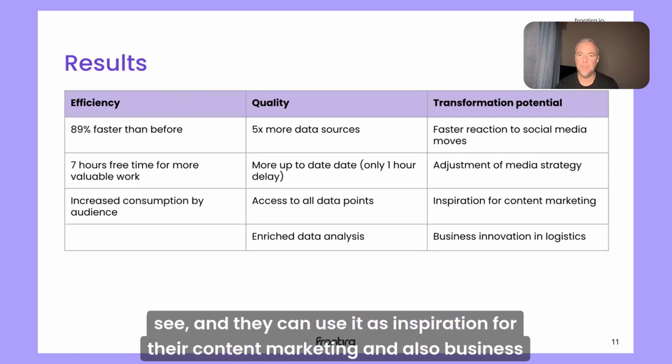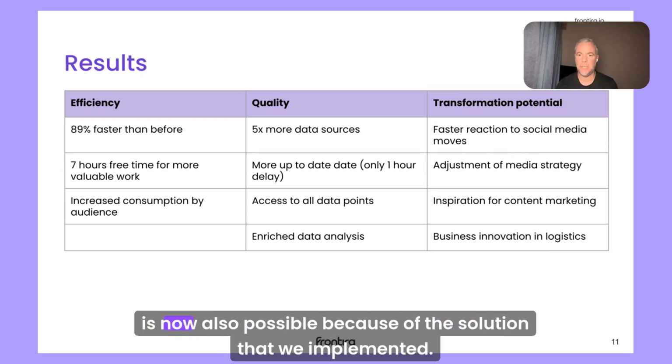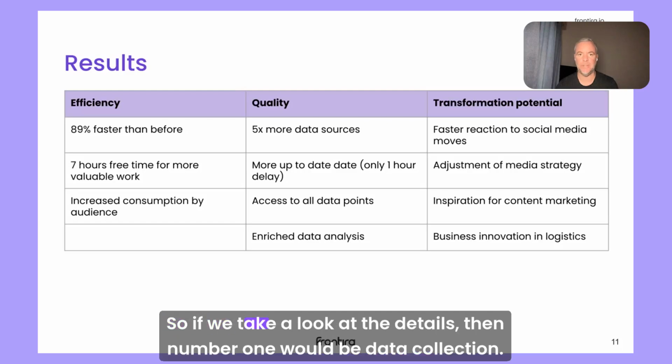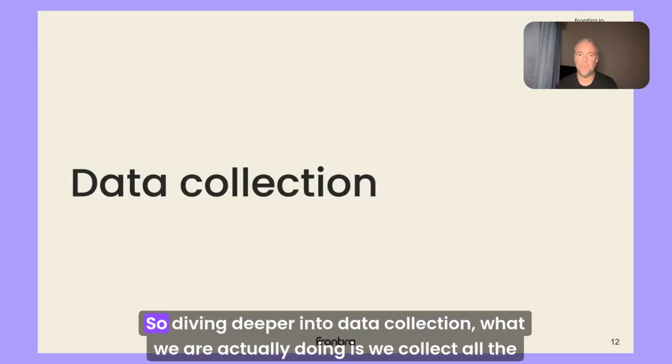And also business innovation in terms of logistics, I will touch upon that later, is now also possible because of the solution that we implemented. So if we take a look at the details, then number 1 would be data collection. So diving deeper into data collection, what we are